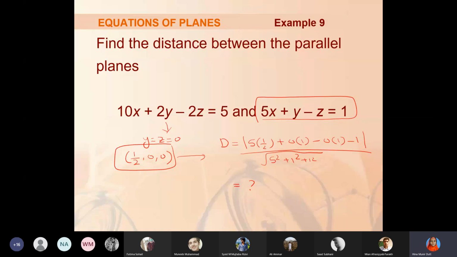कि आपने कोई एक प्लेन लेना है, उसमें कोई भी एक पॉइंट फाइंड कर लें, और पॉइंट फाइंड करने का the easiest way to find a point on the plane is just find x intercept or y intercept or z intercept, anything you like. ठीक है, ना भी x intercept y intercept करें तो फिर आप कोई भी पॉइंट देख सकते हैं जो कि इस इक्वेशन को सेटिस्फाई करता है, लेकिन उससे आपकी कैलकुलेशन थोड़ी डिफिकल्ट हो जाएंगी। तो आप x इंटरसेप्ट ले लें, y इंटरसेप्ट ले लें, z इंटरसेप्ट ले लें, और वो पॉइंट जिस प्लेन में से फाइंड किया आप उस पॉइंट का दूसरे प्लेन के साथ डिस्टेंस निकालना।